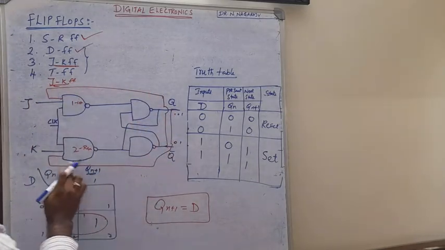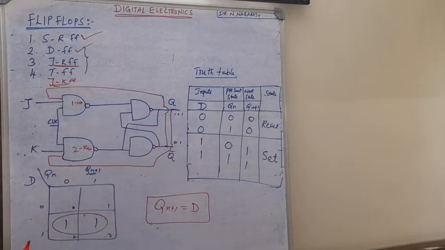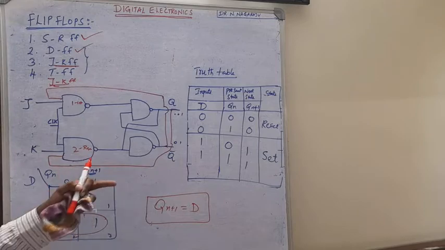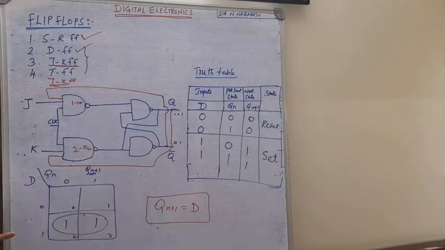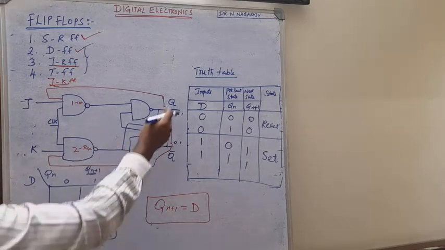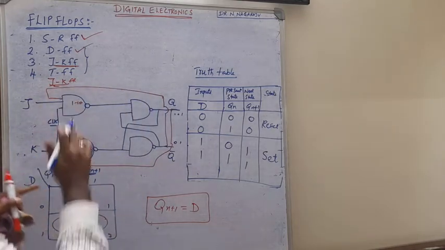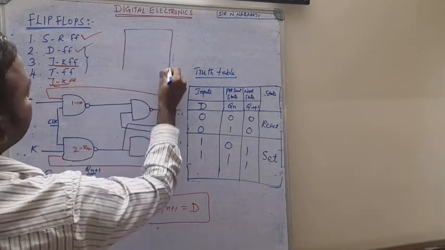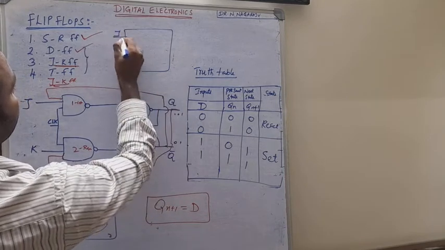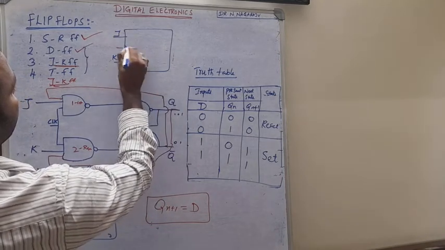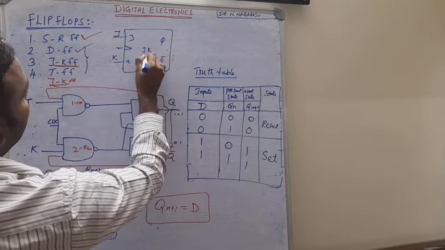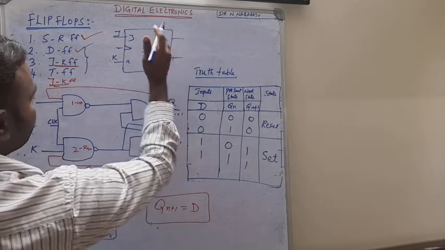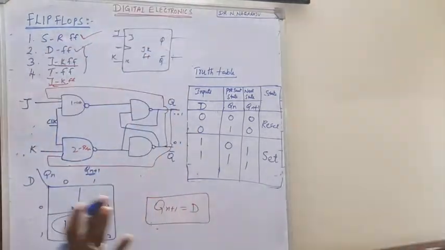So why are we using this one? In order to avoid the intermediate state in SR flip flop. The drawback of SR flip flop can be overcome by using JK flip flop by modifying this logic circuit, right? So now, while changing this circuit, we are going to see what will happen. The symbol for this JK flip flop has two inputs, J and K, and a clock signal, and outputs Q and Q bar. Okay, this is the symbol. Inside this symbol, this circuit is available. Okay, this is the concept.